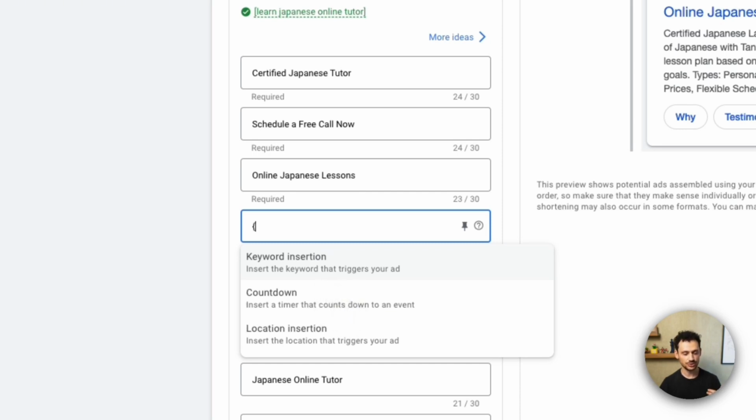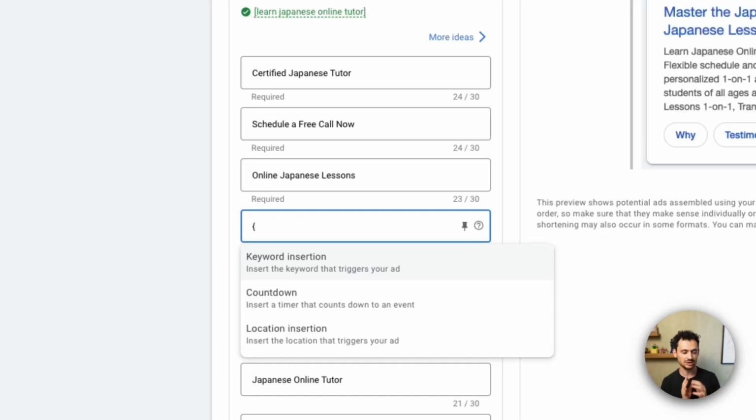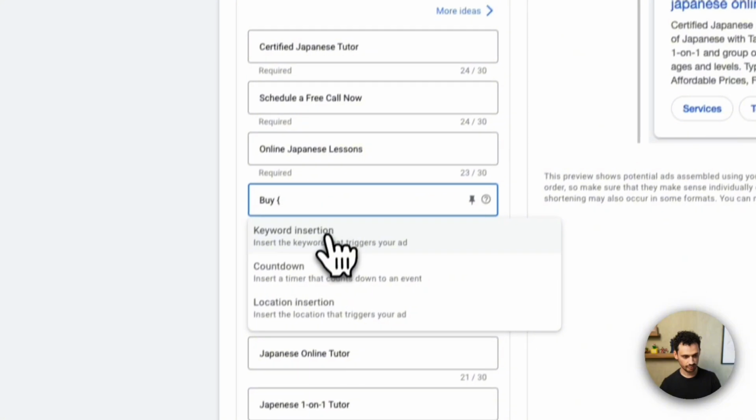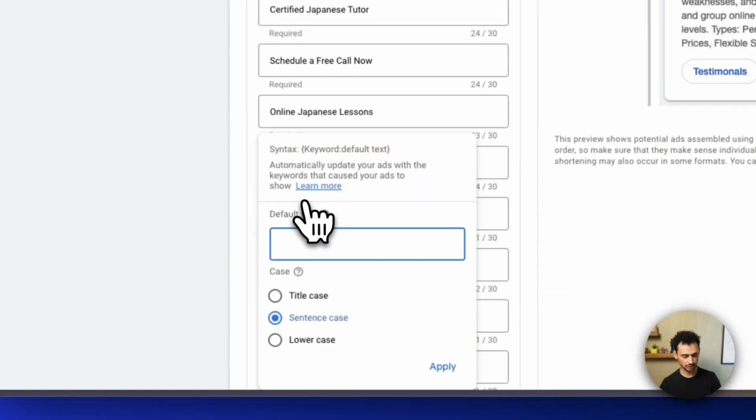For example, if a user searches for something specific, we can play around so the user will actually see what he is searching for inside the headline or a description. You can use it in description as well. So for example, if a user searches, let's say, flights to Paris, we can think about doing something like buy, then I'm going to open the bracket, click on keyword insertion,